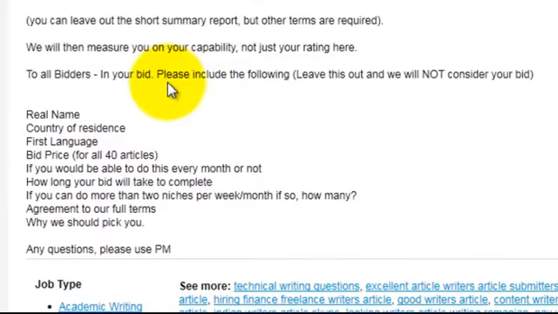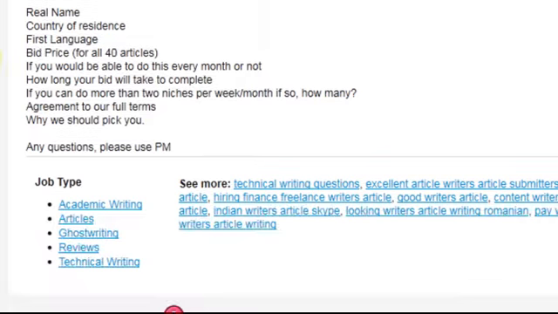I've also said that in your bid, please include the following. In other words, leave this out and will not consider you. It stops having robot bids where people just have auto software that automatically sticks in a bid every time there's a project come through. I actually want them to write their real name, their country of residence, their first language,